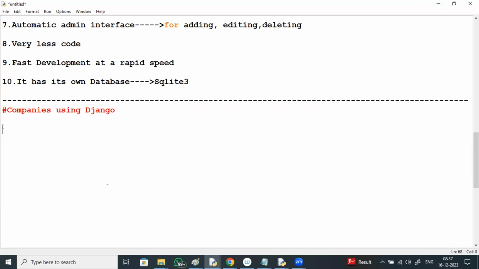Companies using Django, right? Yes. NASA is using it for its research and development activities.